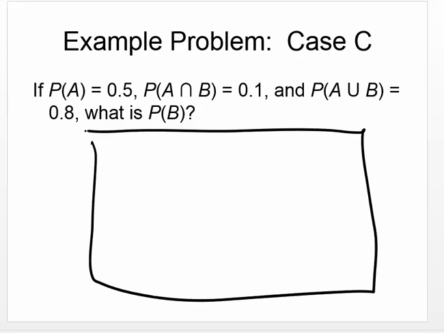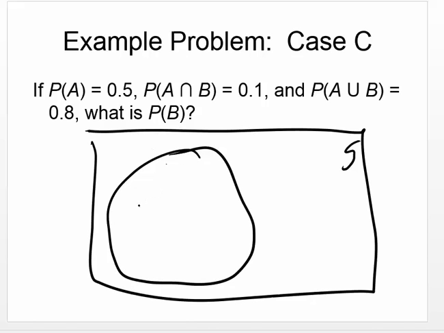So we'll just have our sample space S, and we're going to have an event A that has a probability of 0.5, so I should draw it pretty big. It constitutes about half the area of the Venn diagram if I'm trying to depict it approximately correctly. And then when we draw an event B, we know that there is an intersection and it's equal to 0.1 or 20% of A. So we want to have an intersection of 0.1,